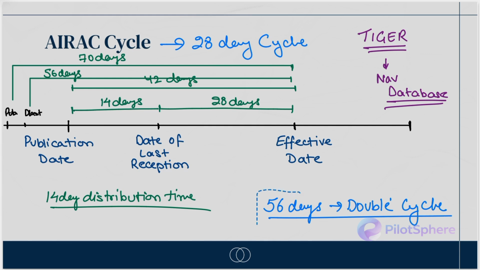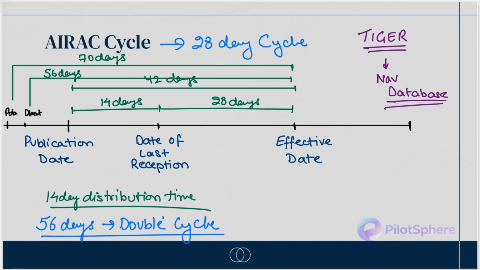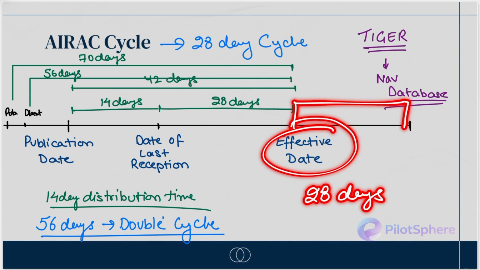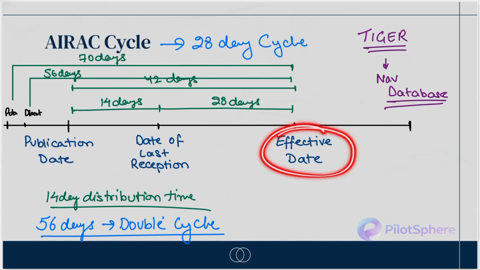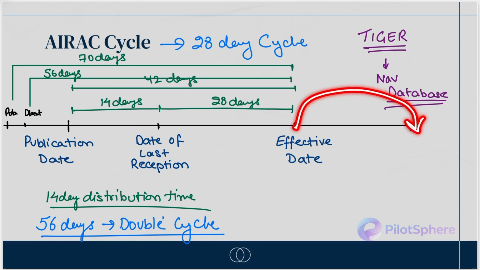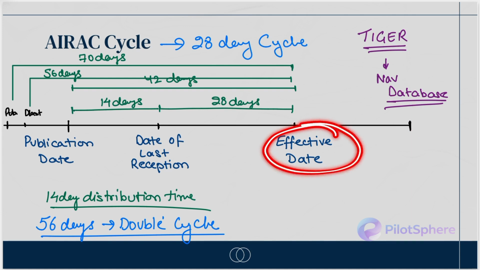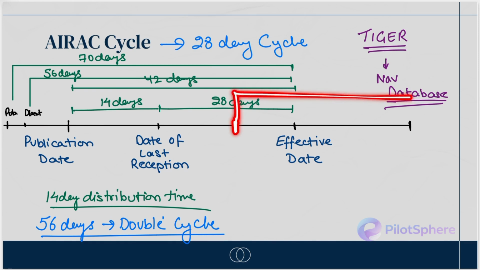After this information is published, after the effective date, this information cannot be changed for another 28 days or till the next cycle. So the cycles are taking place every 28 days. Now, from the effective date, the next effective date is going to be 28 days after. After one change has been made, you cannot change it again until the next cycle. So if this is the effective date, then again, sometime before that, there would be a publication date, right? You would have a publication date 42 days before the next 28-day cycle from the effective date.